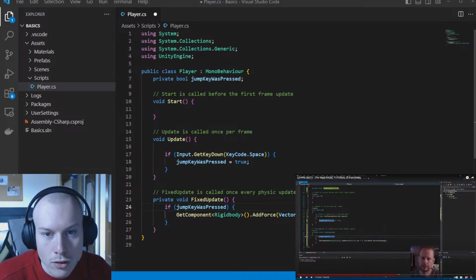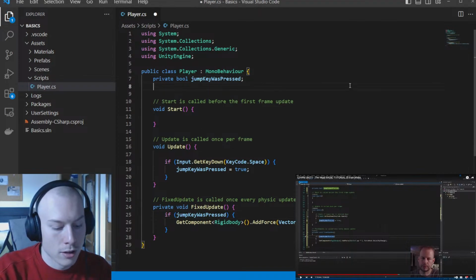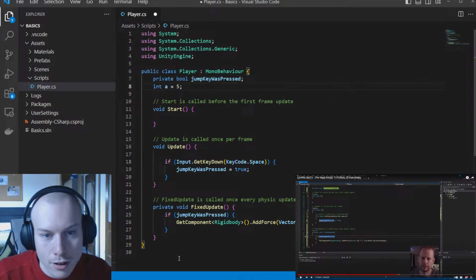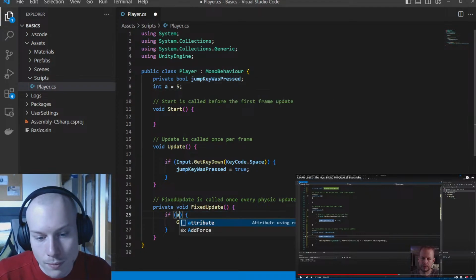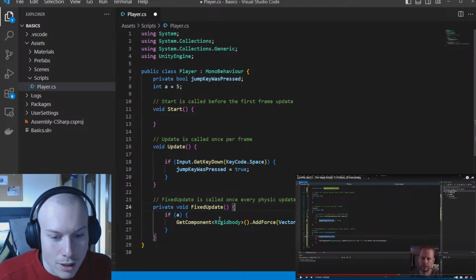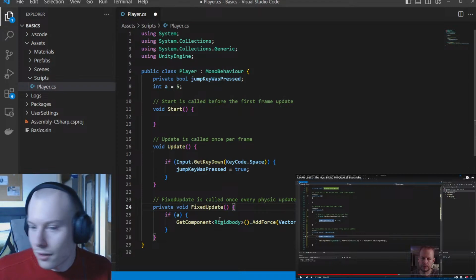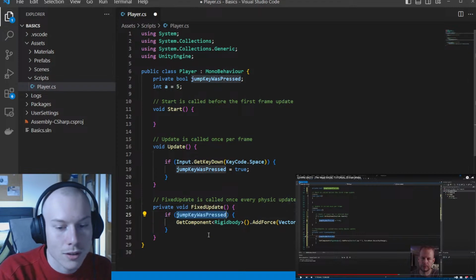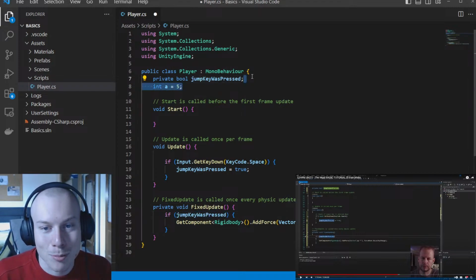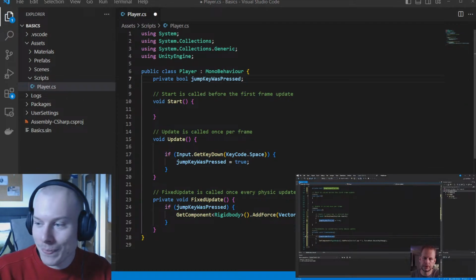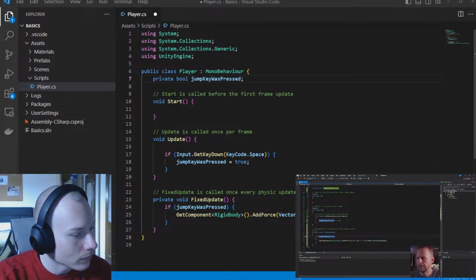That's just for booleans. If you have like int a equals 5, something like that, you can't write if a, because the program doesn't know what a should be. Should a be 5? Should a be 16? What should a be? That's the way to do it. You check for key presses and input in the update loop, and then you apply forces